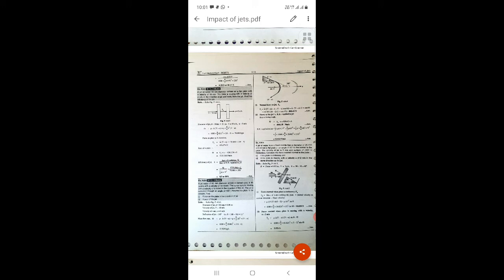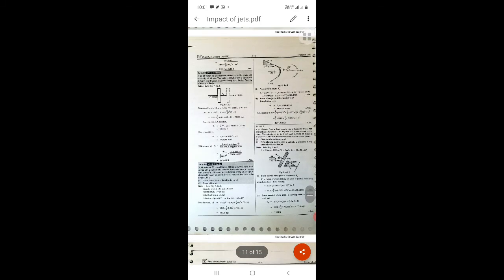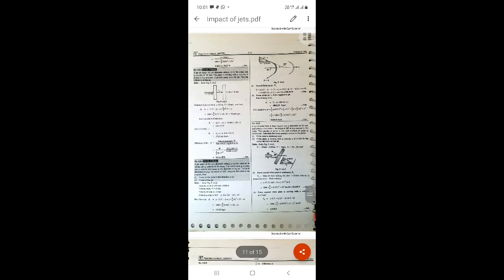So let's convert the diameter into meter, 60 mm into meter. Velocity is 80 meter per second. Blade velocity is 6 meter per second. So deflection is 180 minus 165. So rho a (V minus U). So normal force is m dot (V minus U) (1 plus cos theta). With the help of that, we get 800.43, and then find the power. Power is equal to force into velocity, the work done per second. So write down the problem.